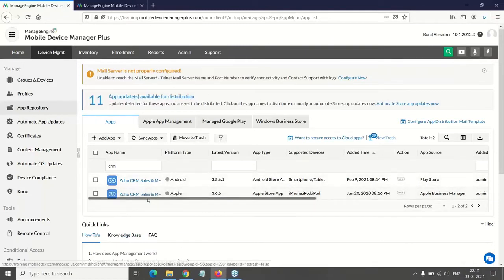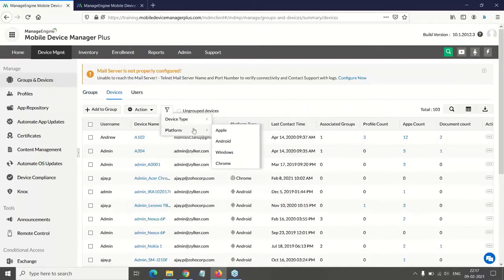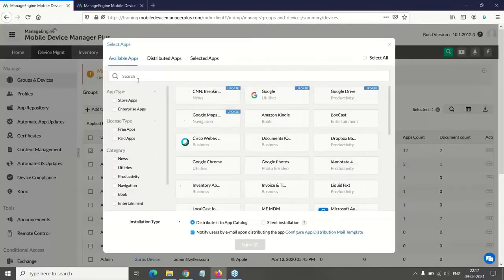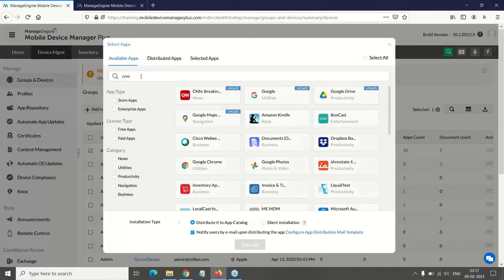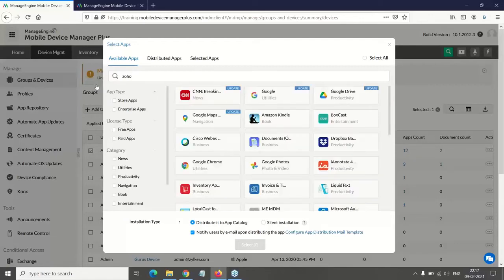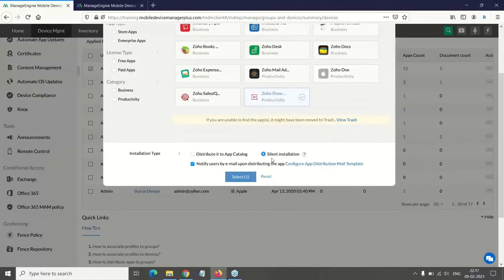the application here. After making sure that the application is available, you can move to the same path that we moved earlier: groups and devices, navigate to devices, filter out the Apple devices here, choose the device and choose the action. After selecting the required application, you can just choose the silent installation option because this application is added from ABM and it is enabled for silent installation.